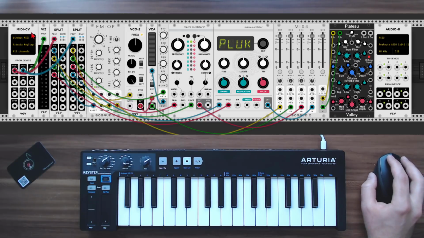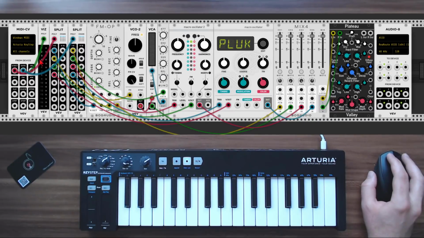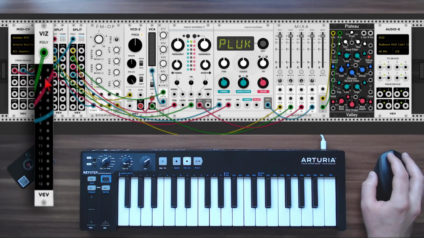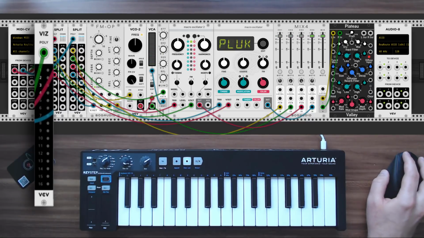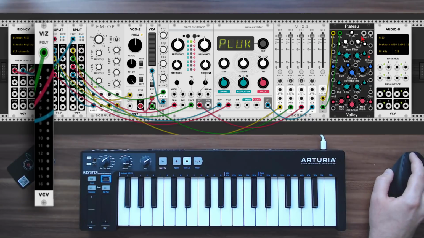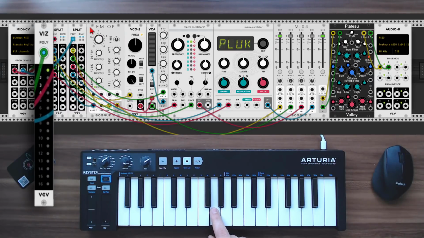And now let's have a look at the first polyphony mode, which is rotate. So I'm going to change the mode to rotate, and have a look here on the lights that each time I'm clicking or holding or playing the same note, the Midi channel will move from 1 to 2 to 3 to 4, and it will rotate between the different channels. 1, 2, 3, 4. Very nice. Now let's connect it also so that we can hear something. And now we will hear one note from each of the voices, from each of the oscillators. So this will be 1,